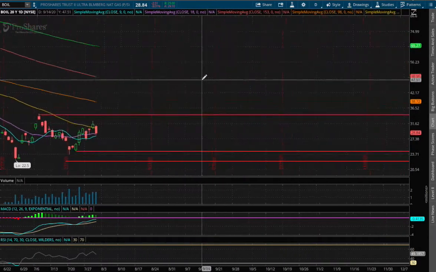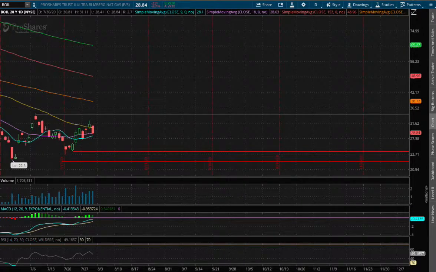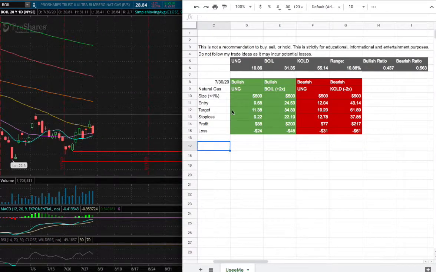On the daily chart, these lines are my positions for my trade entry on a long position for BOIL. I'm using a size of less than 1% of my portfolio, and for entry onto BOIL, I'm entering at around $24.53, around this range, where we made temporary support back on July 22nd, and